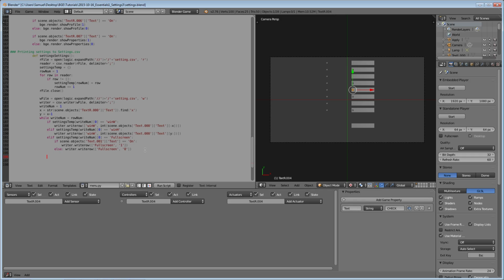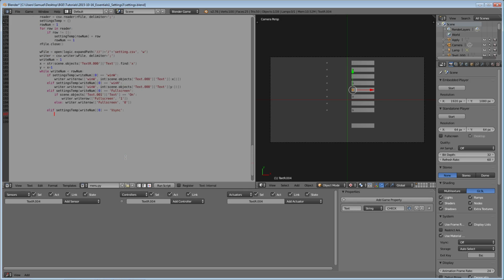Next one. So next one is vsync. So elif, and I can copy this line again. Oh, as soon as I can get that S in there. And we're just going to go vsync, vertical sync, elif settings temp write number, vertical sync. Now of course this isn't on off, we've got 3 settings here: on, off and adaptive. And of course off wants to be our default, so we leave that to last. So the same here, we're going to go if scene.objects equals on, except now we're looking for text object number 2. We're going to write the row,